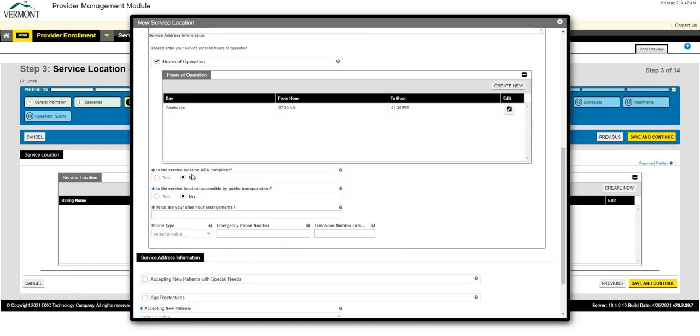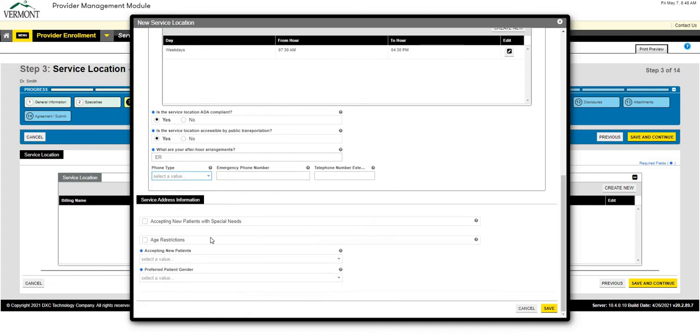We're going to ask you if the service is ADA compliant, if the service location is accessible by public transportation, and what are your after hours arrangements? What do you instruct your patients to do if you are not open? And so for today, I'm just going to note that we ask that they go to the ER. And then below